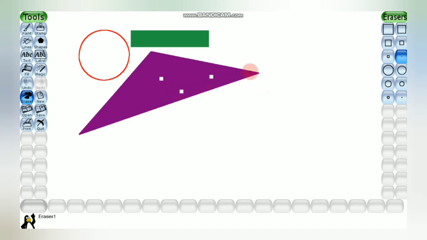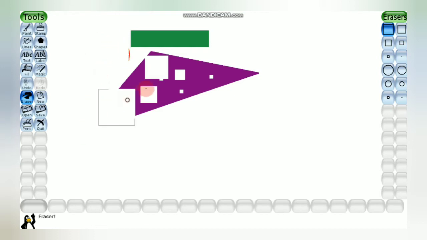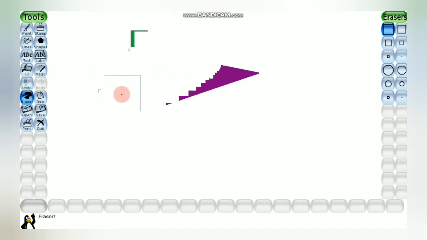It is a little bit bigger than that, and it keeps on going. There are various sizes of eraser. You can erase it when you don't want that particular thing on your drawing sheet or drawing window.